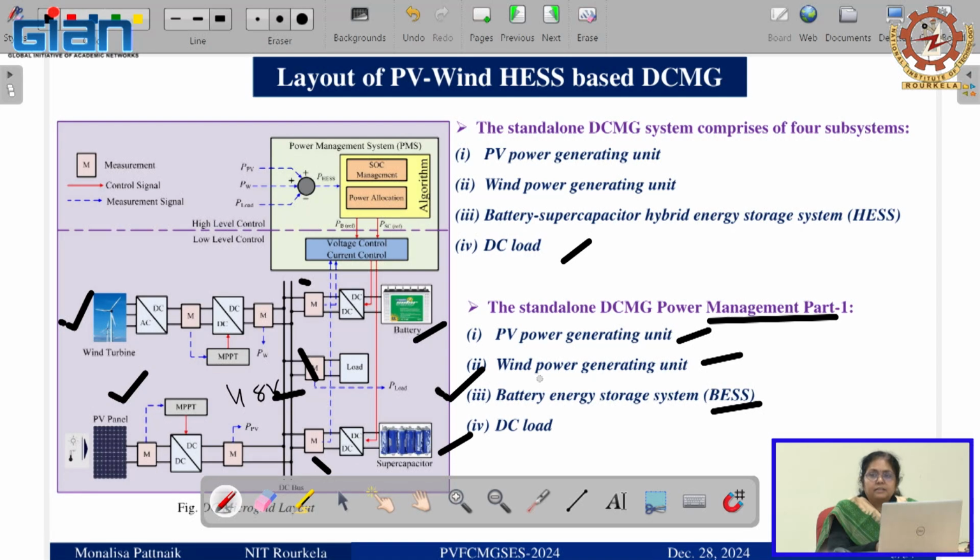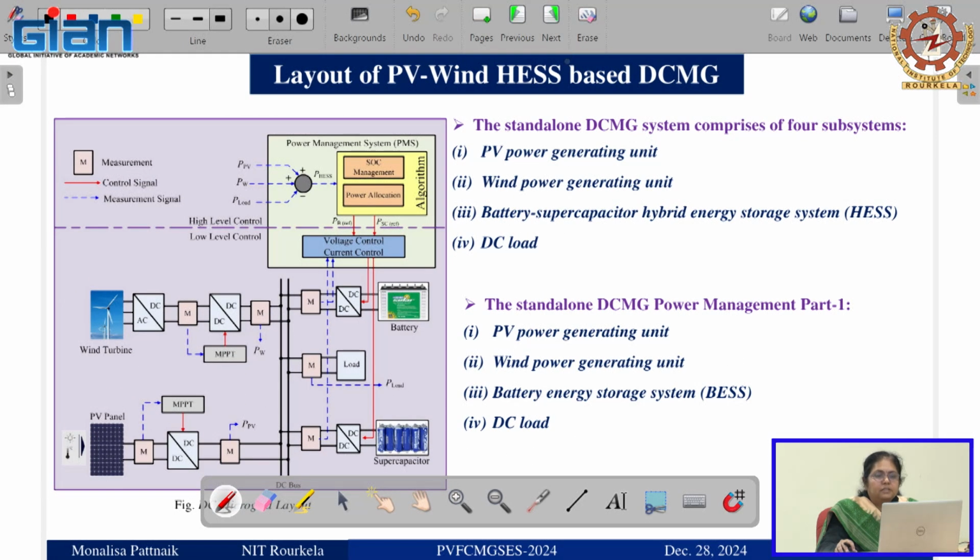I mainly want to focus on how to design. It is a hybrid energy system having a hybrid energy storage system also. The DC grid voltage, again I am telling you, is LVDC. I am naming it an LVDC microgrid instead of low voltage, because it is fixed at the 48 volt level. In the Indian scenario this voltage level is upcoming and already accepted by the IEEE standard, so that's why we have chosen this bus voltage.